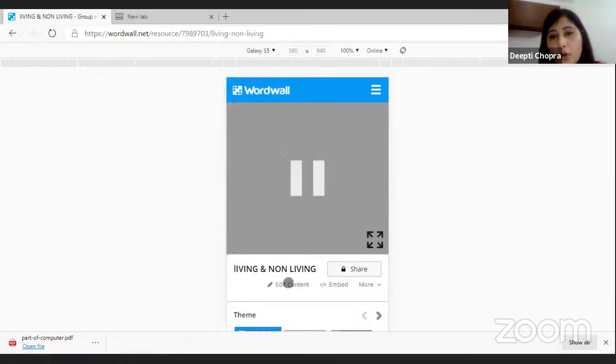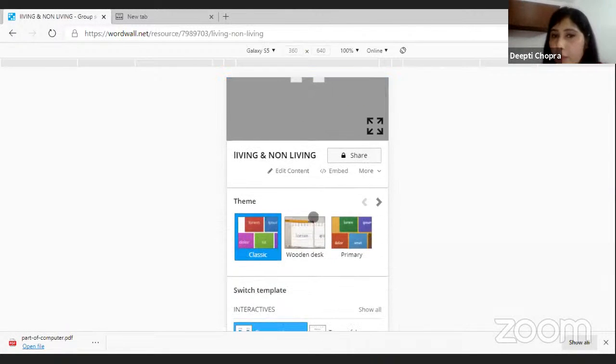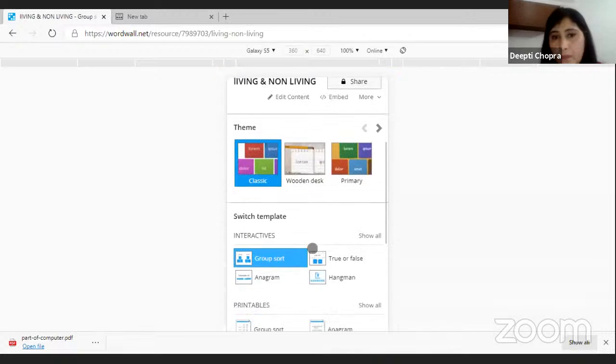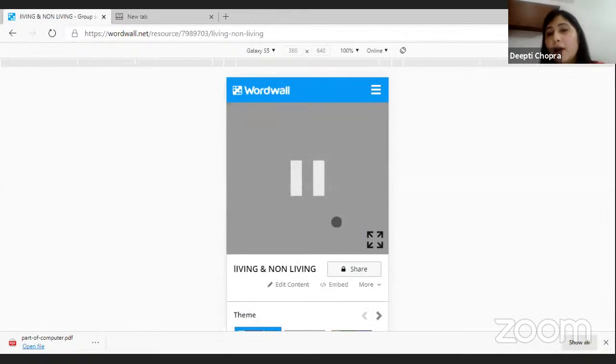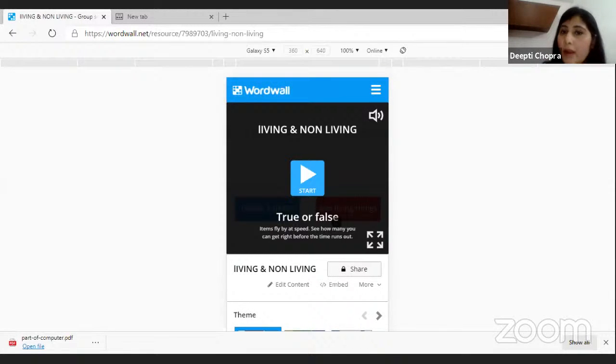Now, whenever you want to edit your content, you can edit. If you want to change the theme of the game, it is there. Want to switch the template, this is what teachers were asking. I can switch the template, and then I have switched the template. Now if I want to share my game in this template, I can